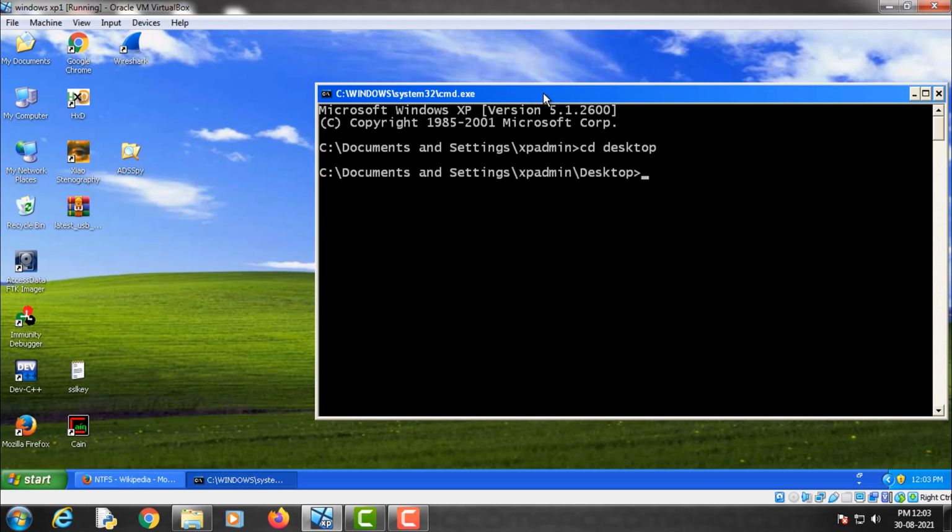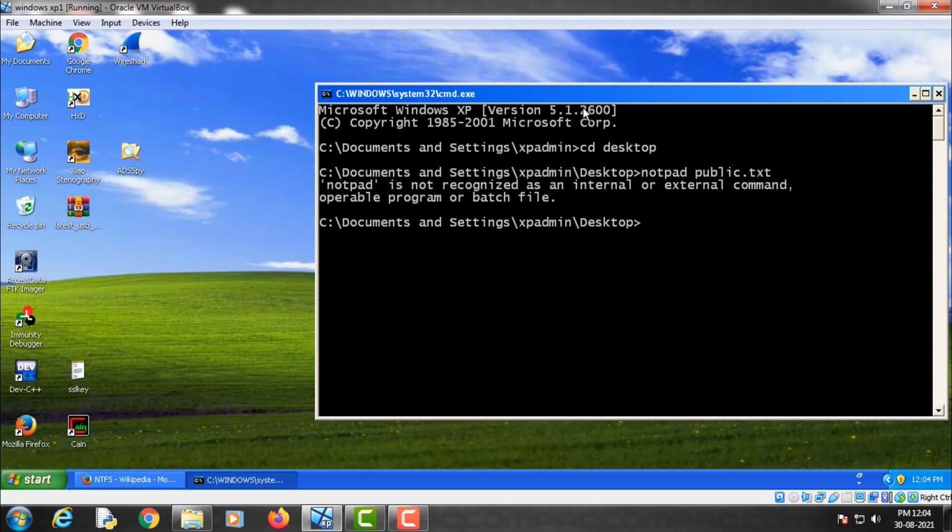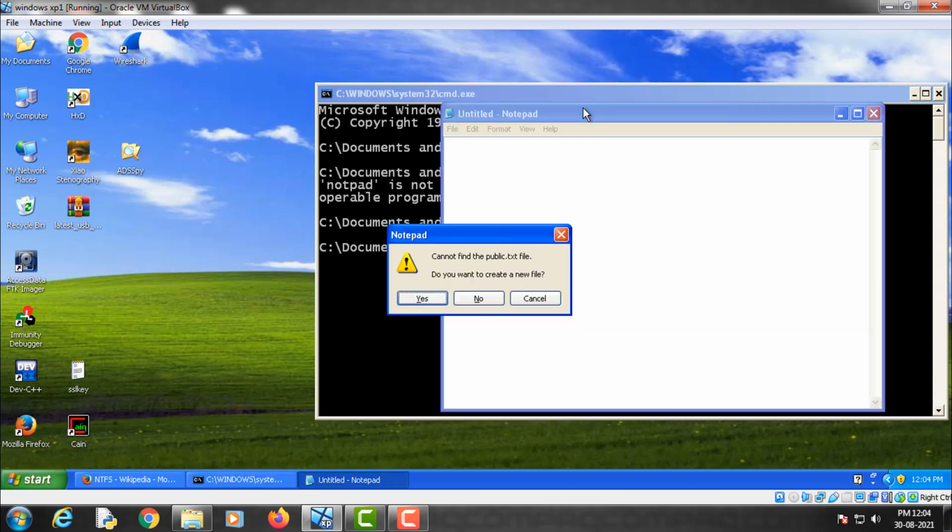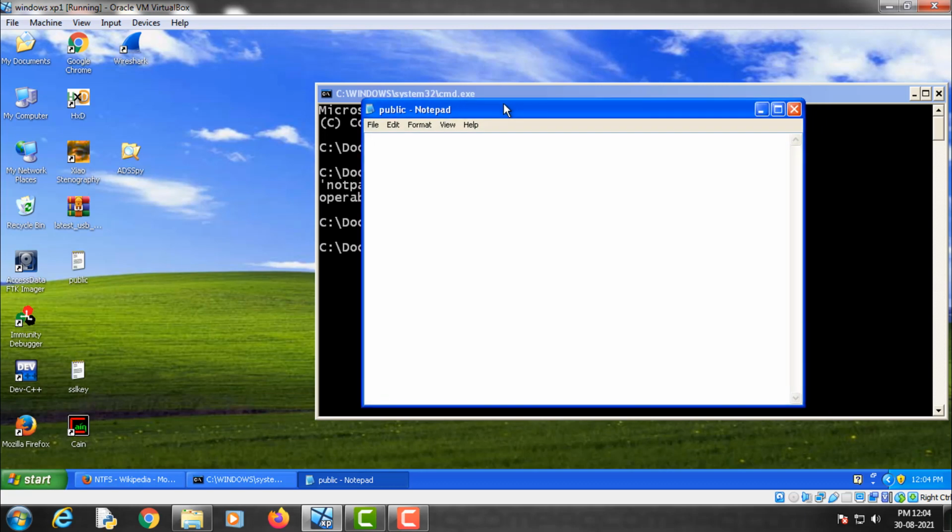Okay, so now let me create a file here by the name of public.txt. Sorry, it's a typo mistake. Notepad. Enter, yes. Now I am writing some data in this notepad.